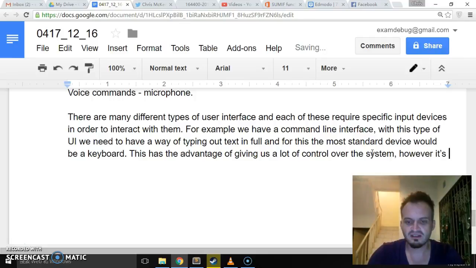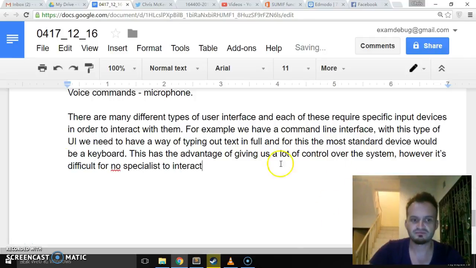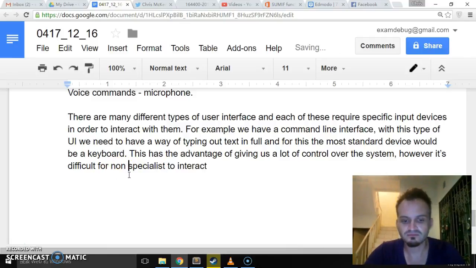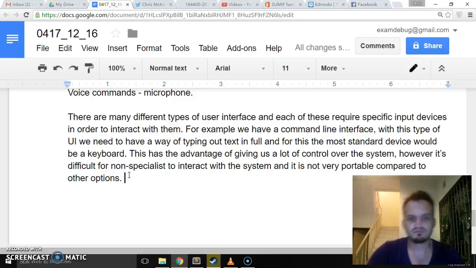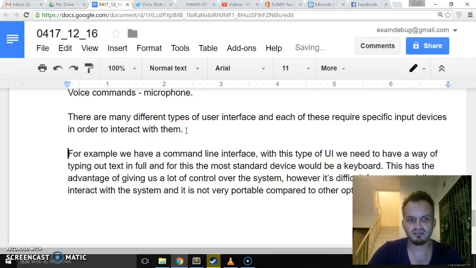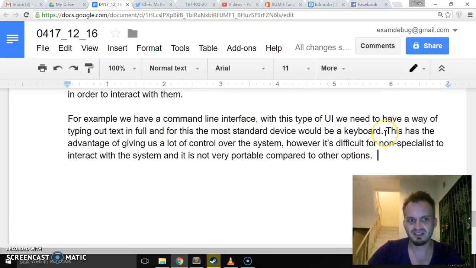However, it's difficult for non-specialists to interact with the system, and it is not very portable compared to other options. Okay, so maybe we want a bit of paragraphing here. I don't know if that's a proper English paragraph, to be honest, but